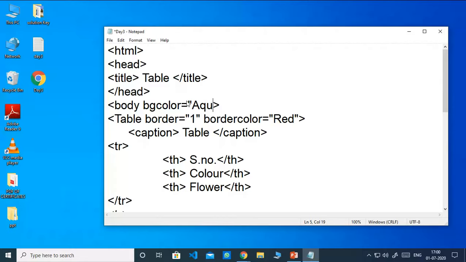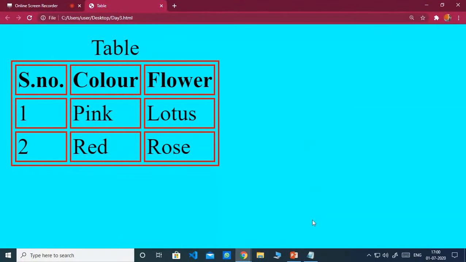Aqua is also a color. Okay. Now let me save, Control S, and run this. So you see the background color of the web page appears in aqua. You can see the table has also taken the color as aqua.